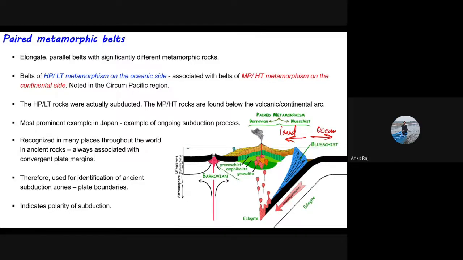Sir, actually, I tried to search around, and people told that that is moonstone, and